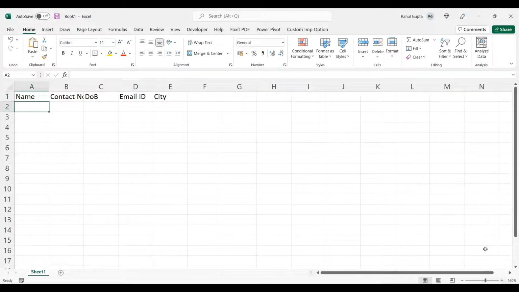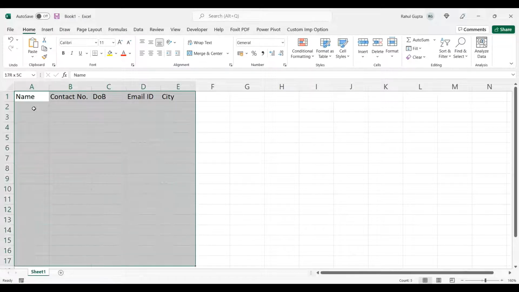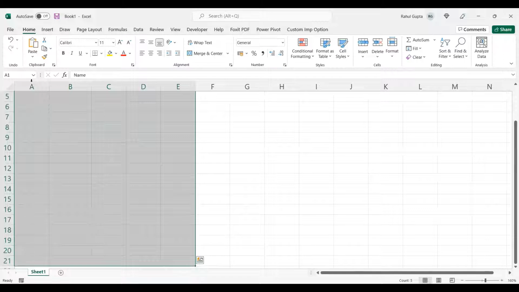All these things we are requiring. Now first I need to make sure that the name should not exceed 50 characters. Right now I can type anything. Nothing is stopped. I'll select these 20 records I need to type over here, and make a border.